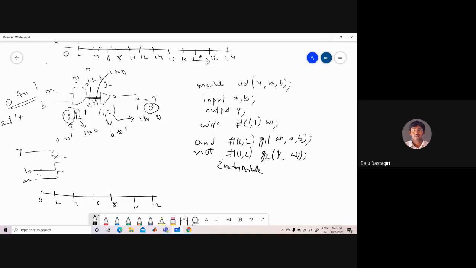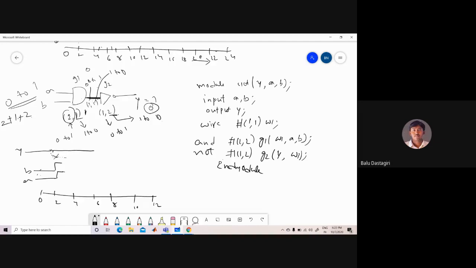In the previous case the value of Y is 1, and now it is becoming 0. Whenever the output changes from 1 to 0, there is a delay of 2 time units. So 2 plus 1 plus 2, that is 5 time units, and 2 plus 5 is 7.